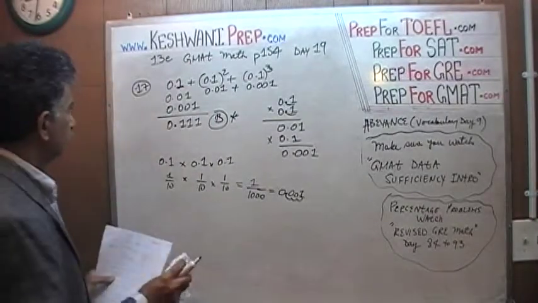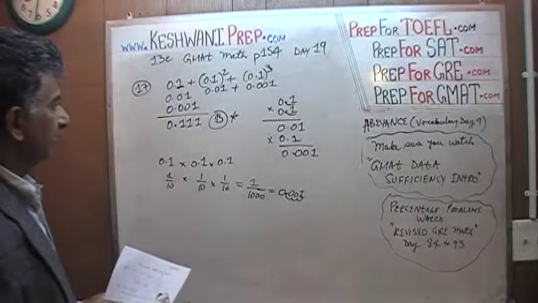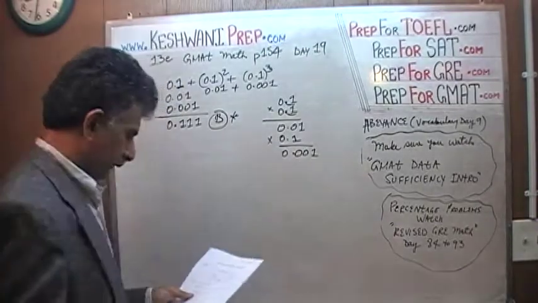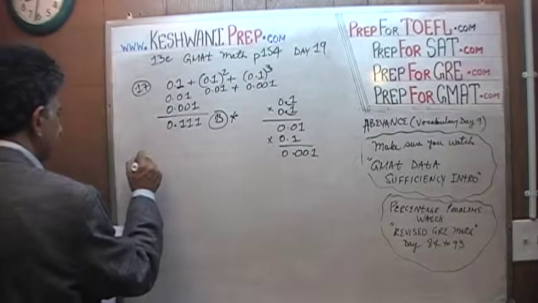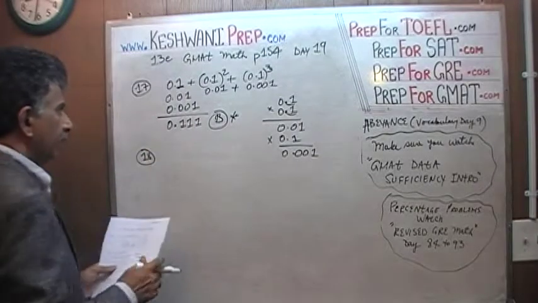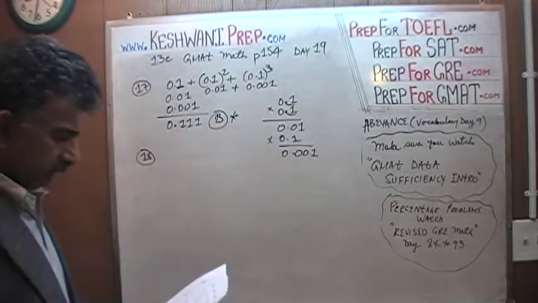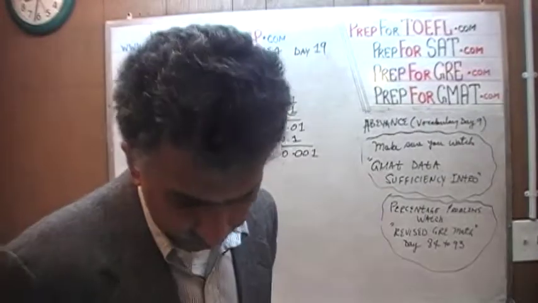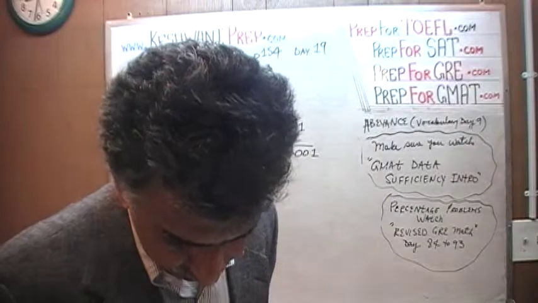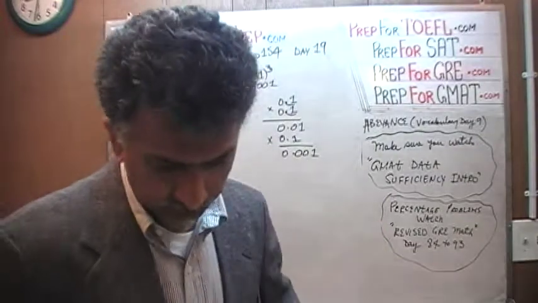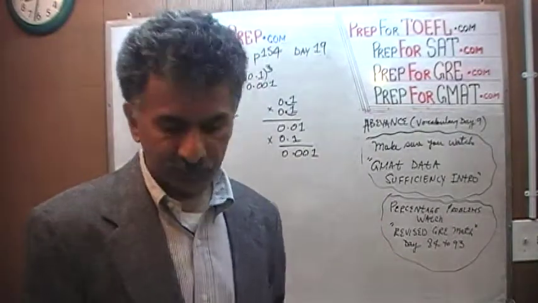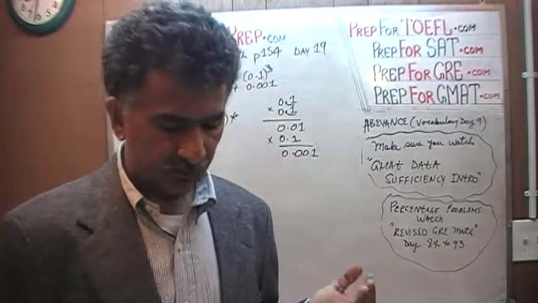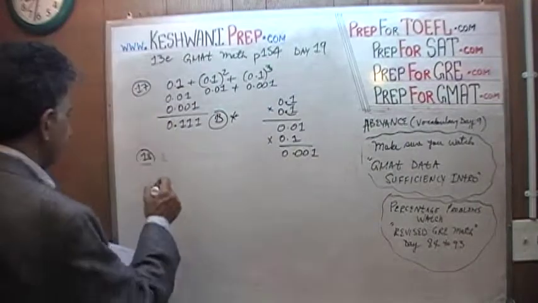Let's look at number 18. In number 18, the question is very straightforward. It says the initial capacity of a sandbox is 10 cubic feet. The question simply is, what would happen to the capacity if